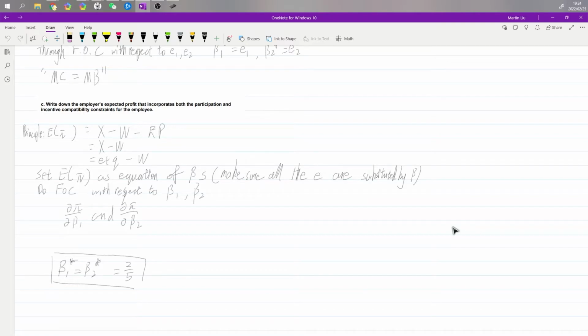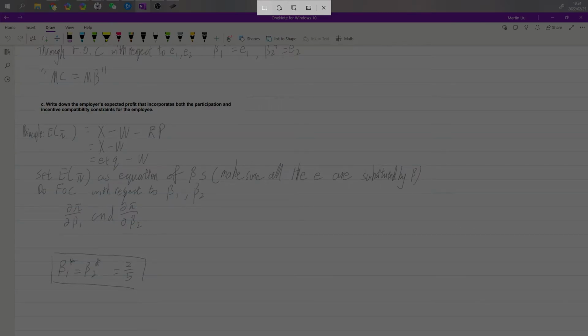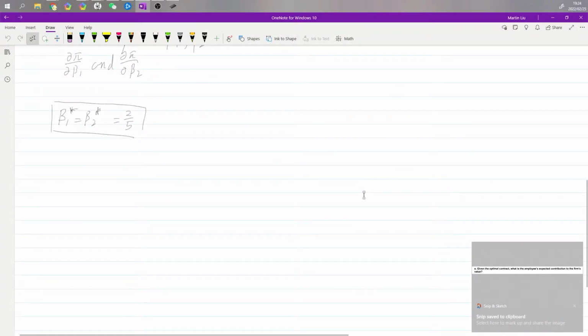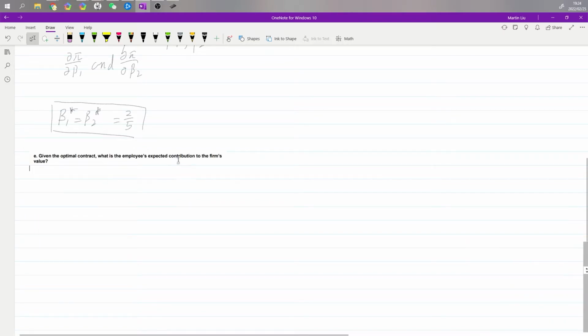And let's go to part D at this point. Part D asks you, given the optimal contract and given everything, what is the employee's optimal expected contribution to the firm? Well, that is perhaps the easiest part being asked here. The optimal contribution,